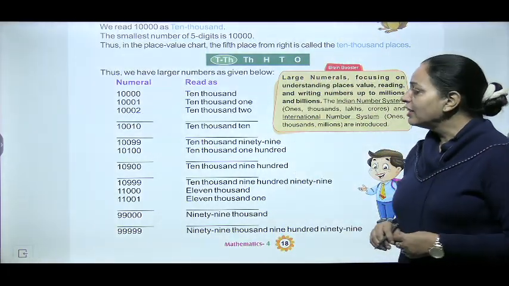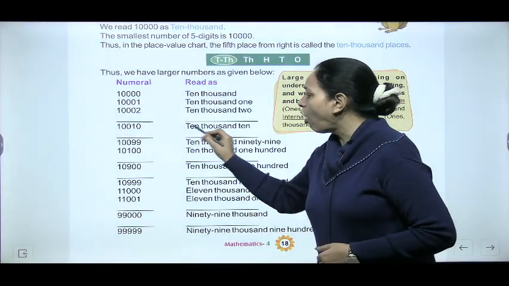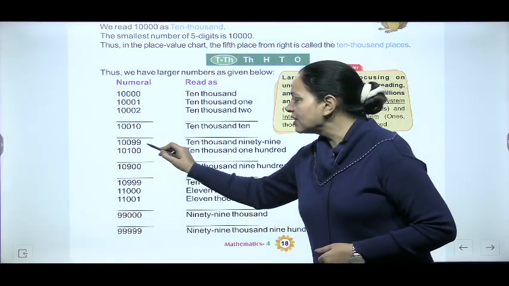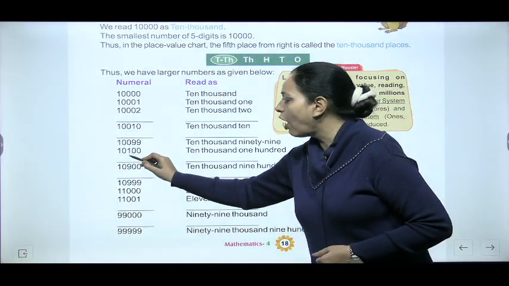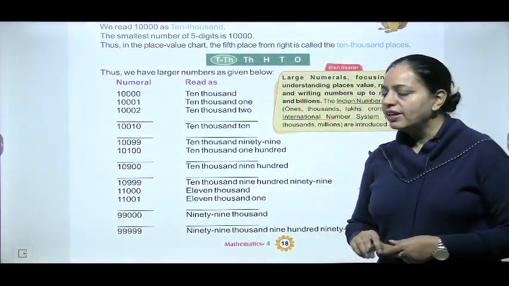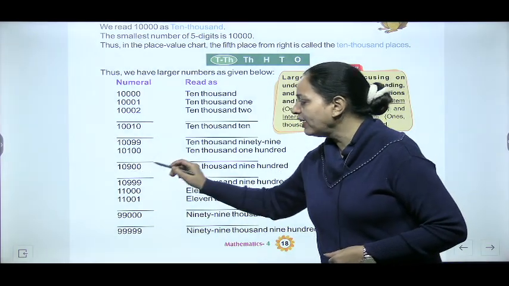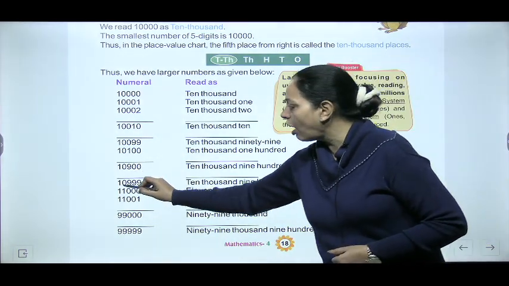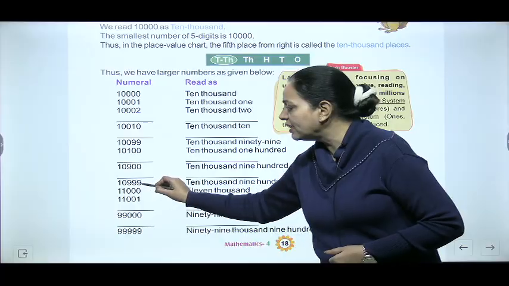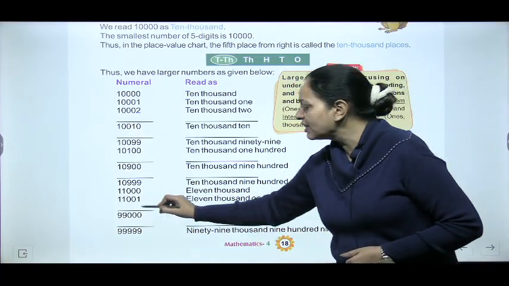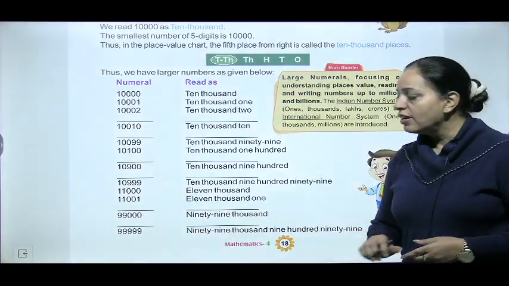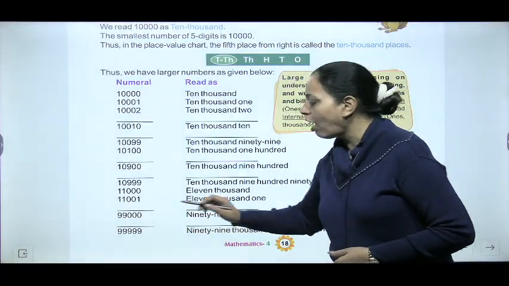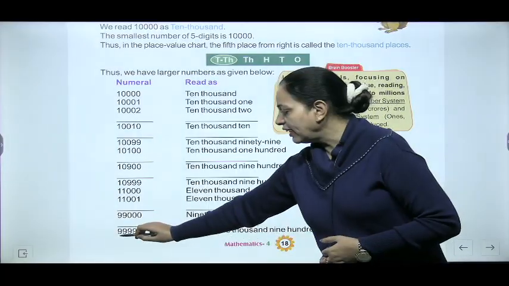So like this. Then this number 10,010. This is 10,099. This is 10,100. This is 10,900. This is 10,999. This is 11,000, 11,001. This is 99,000, and this is